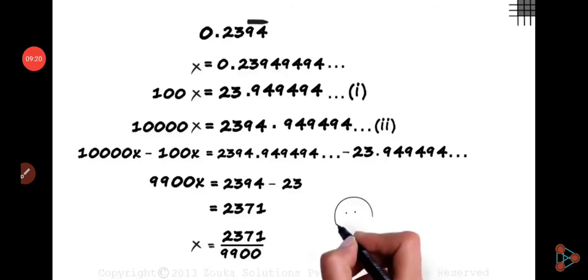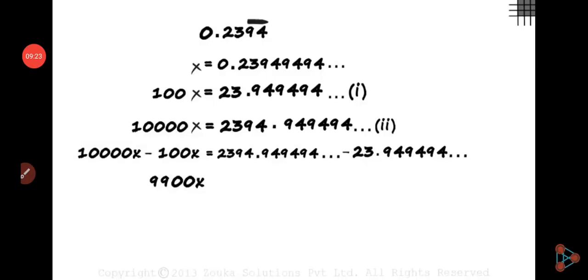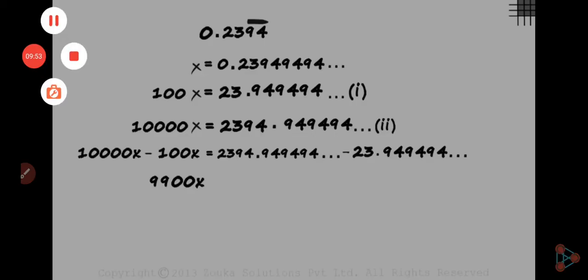Okay, understand? So students, if we talk about these equations, this is very hard. If we have to solve multiple choice questions, then this method is going to be very hard for us. Okay, I will explain to you the shortest method: just by looking at the decimal, how you can tell what its P upon Q form will be. Okay, let's see.